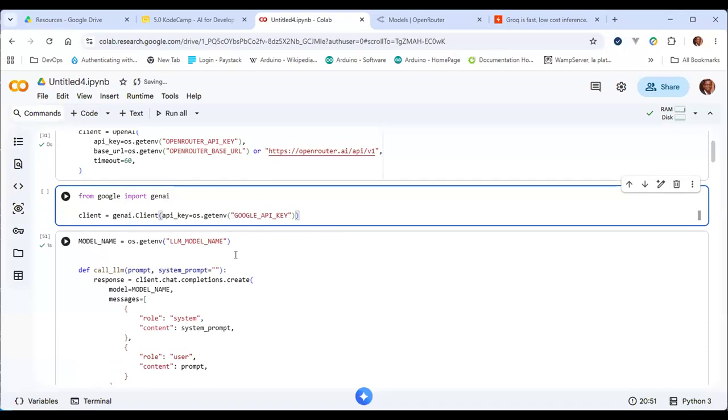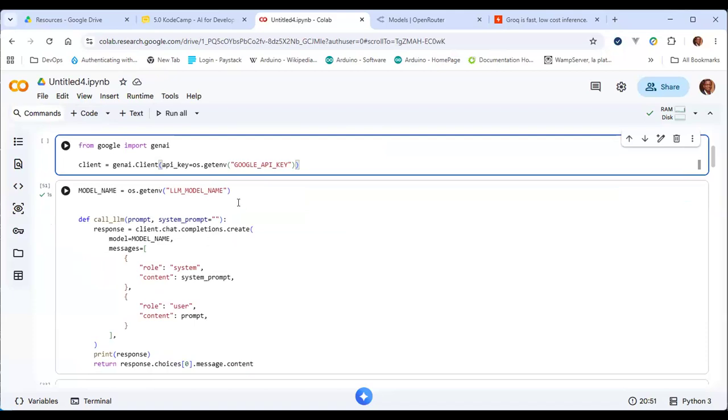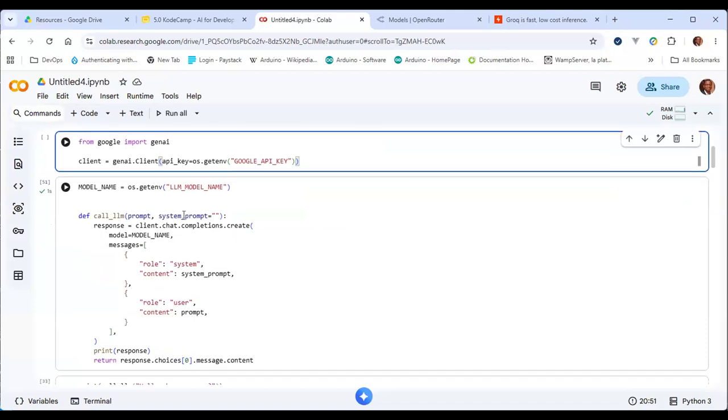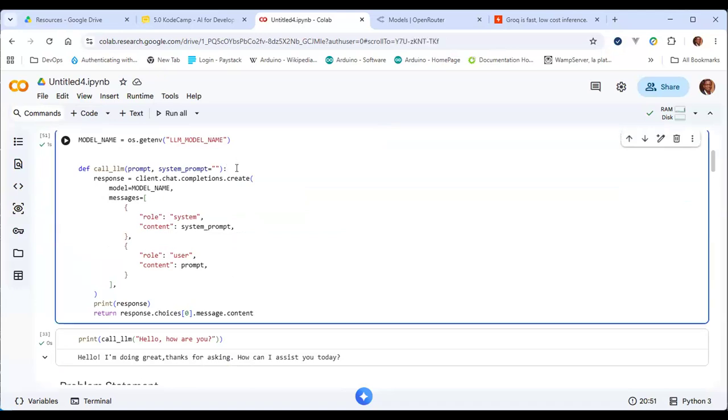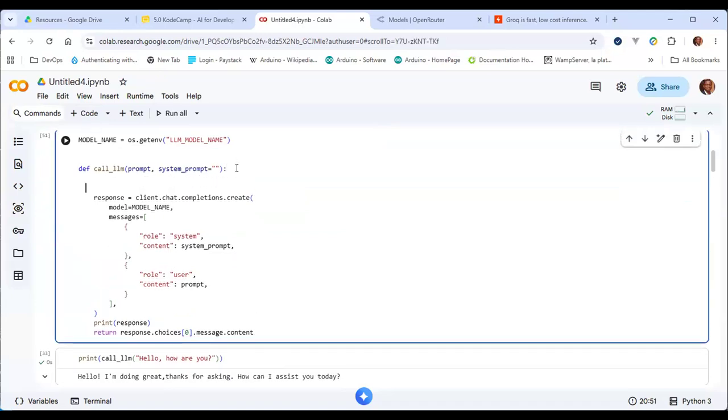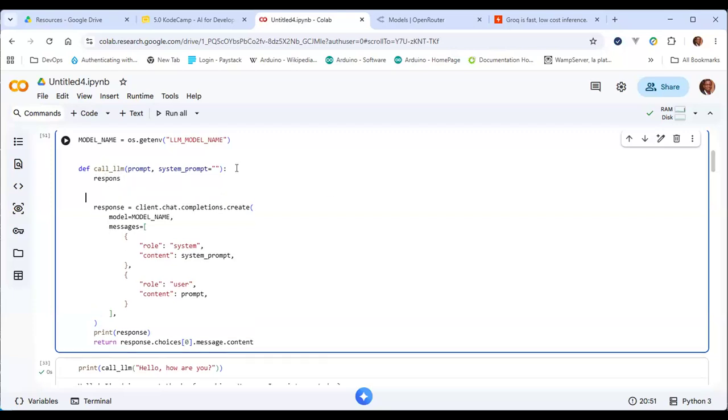So this is where you can talk about things like model routing and so on, but I still will use, okay, response equals